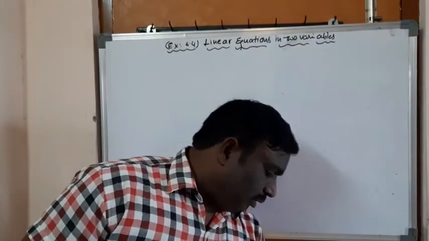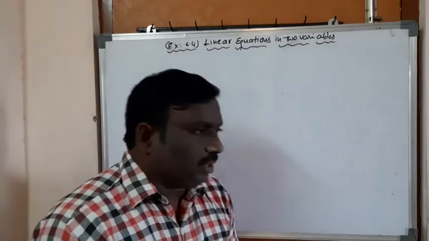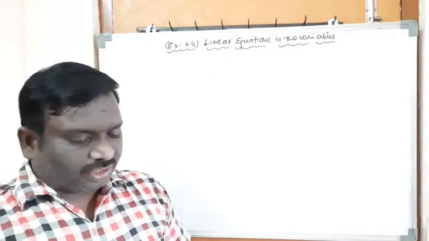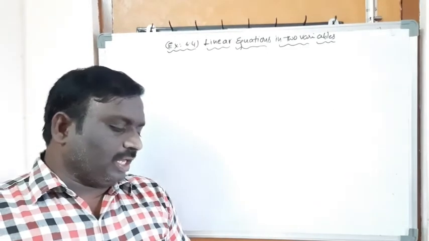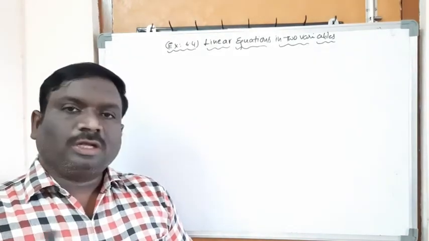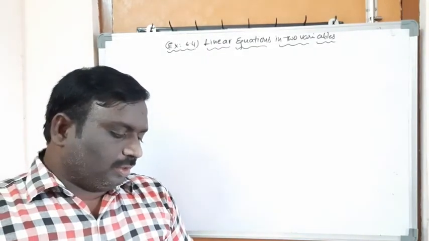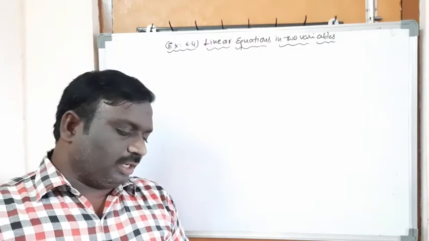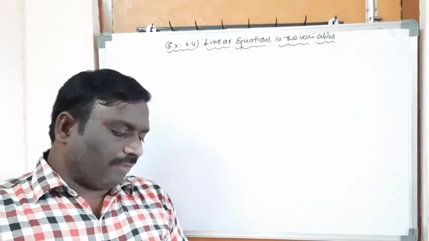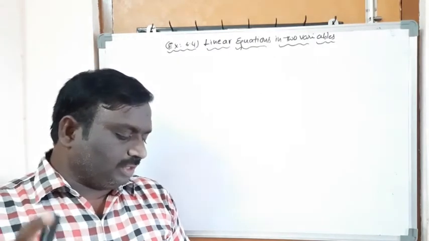So now see the first question. In an election, 60% of the voters cast their votes. Form a linear equation, draw the graph of this data. We have to first frame the linear equation, after that we should draw the graph. From the graph, find the following. We need to find the value from the graph only, not by using simplification. We have to find the value by using the graph.